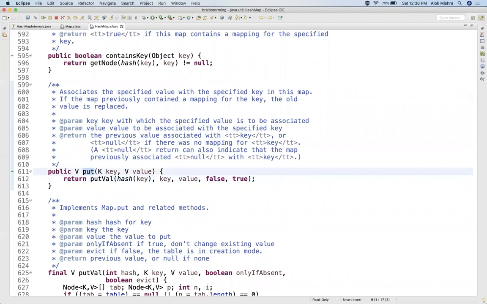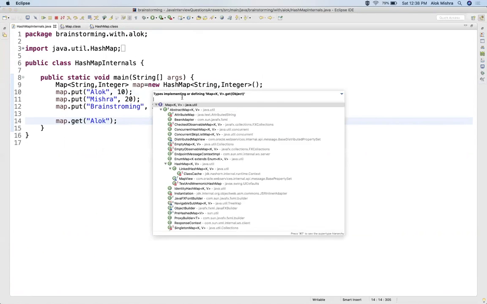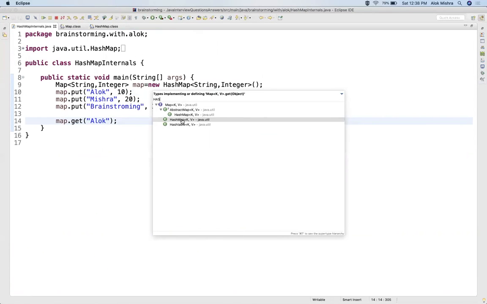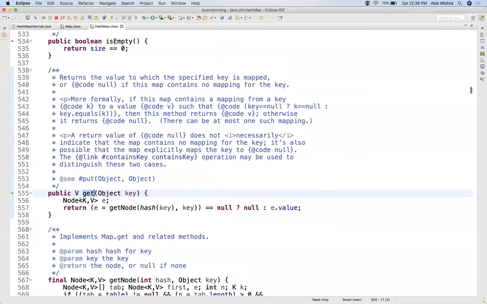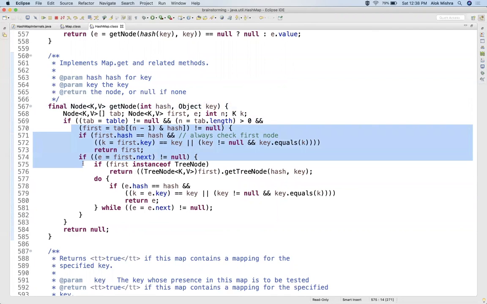Let's go to the get method. If we go to the implementation in HashMap, with the help of equals, it gets the value out of it.